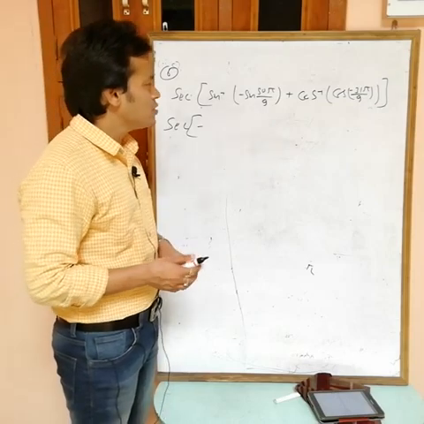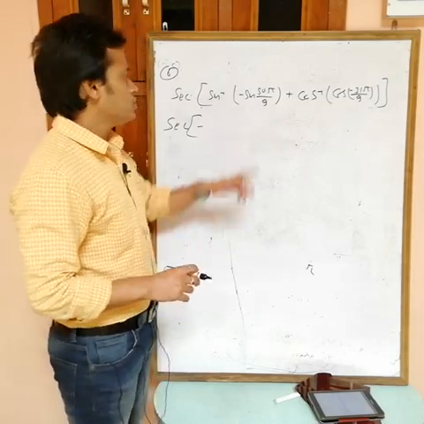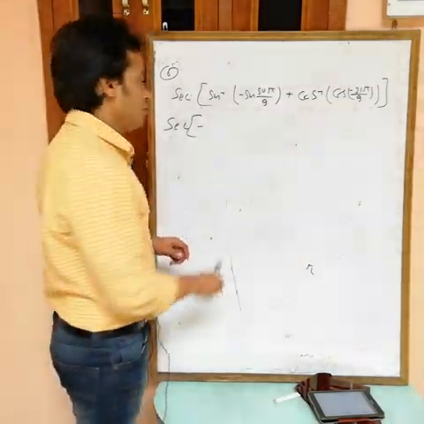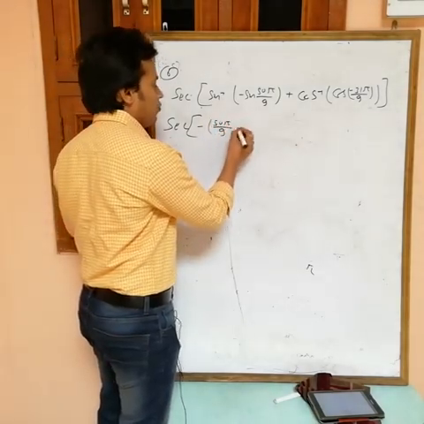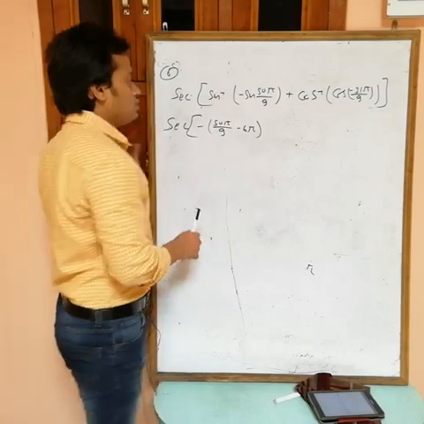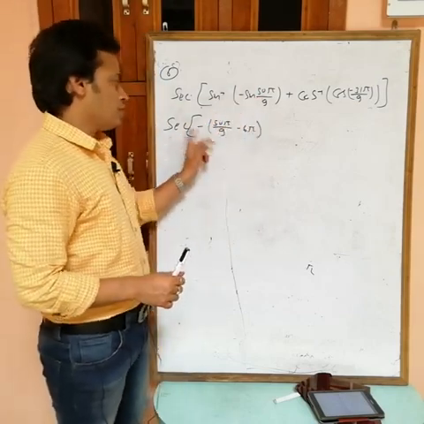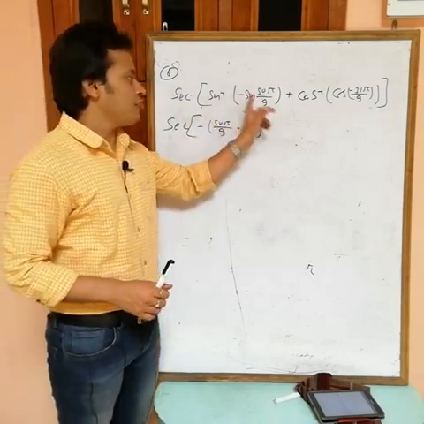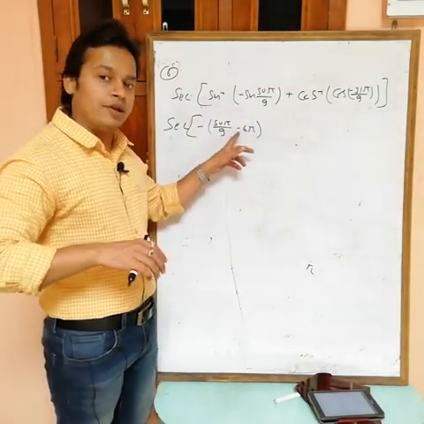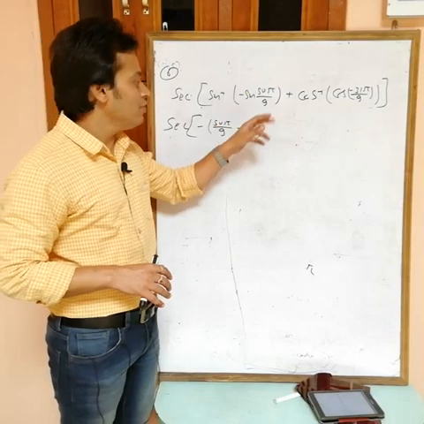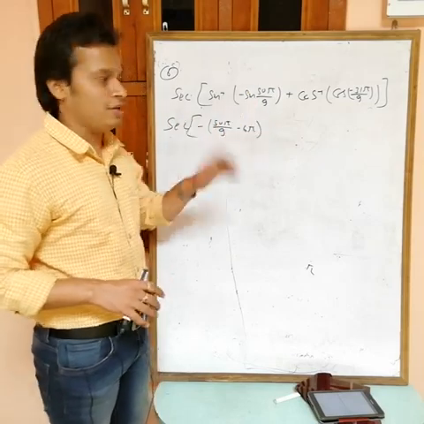6 pi minus 4 pi by 9. So this is near to 6 pi, and 6 pi is even. So the answer is x, 50 pi by 9, minus 6 pi, with the minus outside. In sine inverse sine x, if x is near an odd multiple of pi, then the answer is that odd pi minus x. If x is near an even multiple of pi, then the answer is x minus that even pi.